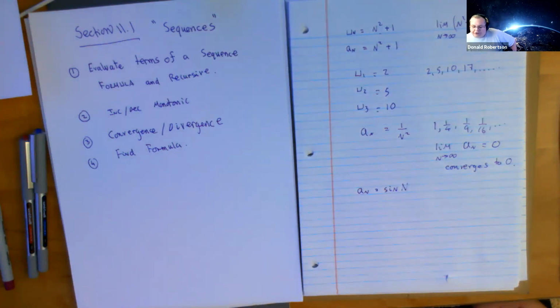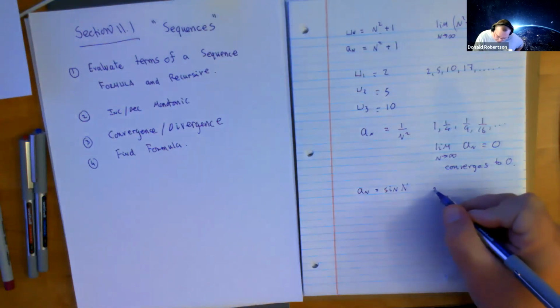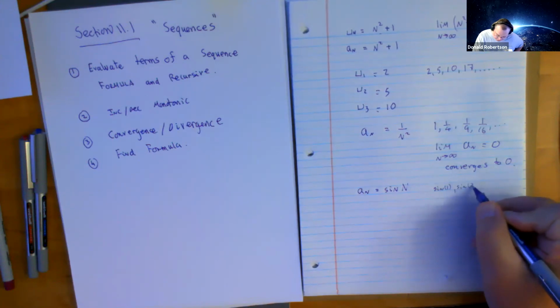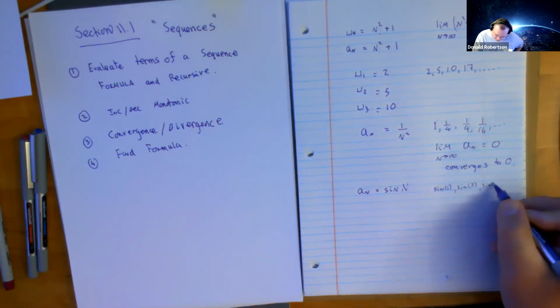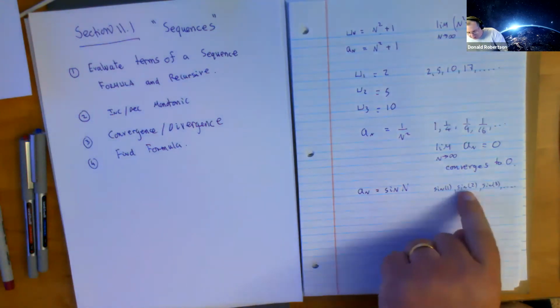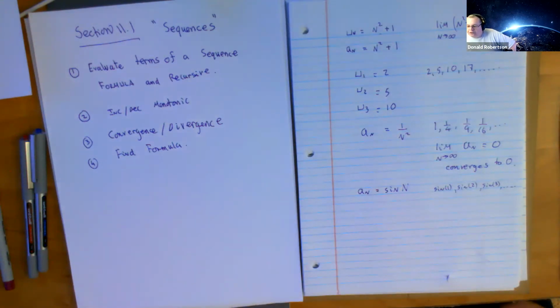If I did the sequence a_n where the formula for it was sine of n, can you imagine the first term would be the sine of 1, I mean 1 radian. Then it would be the sine of 2 radians. Then the sine of 3 radians. Forever. These do not get bigger and bigger. The sine of 100 radians could be negative 0.7, and the sine of 101 radians could be